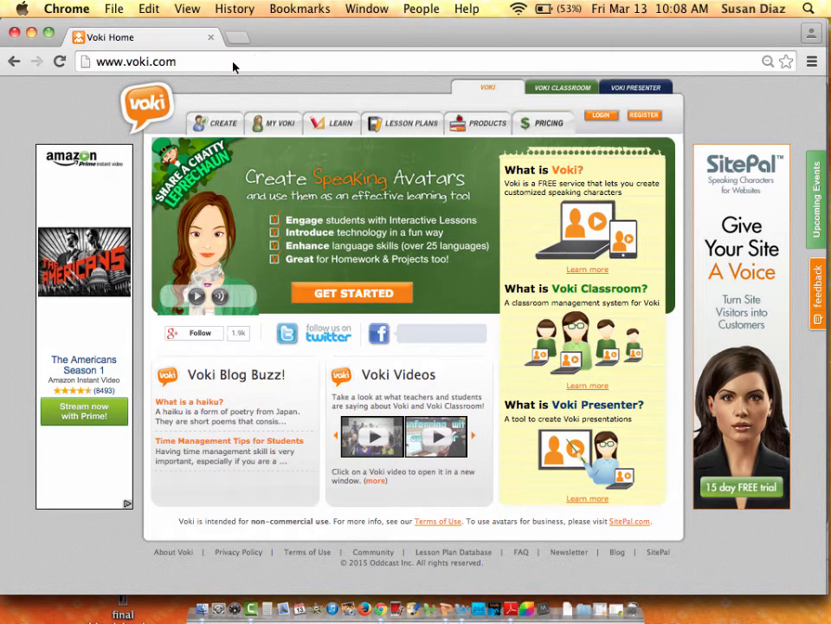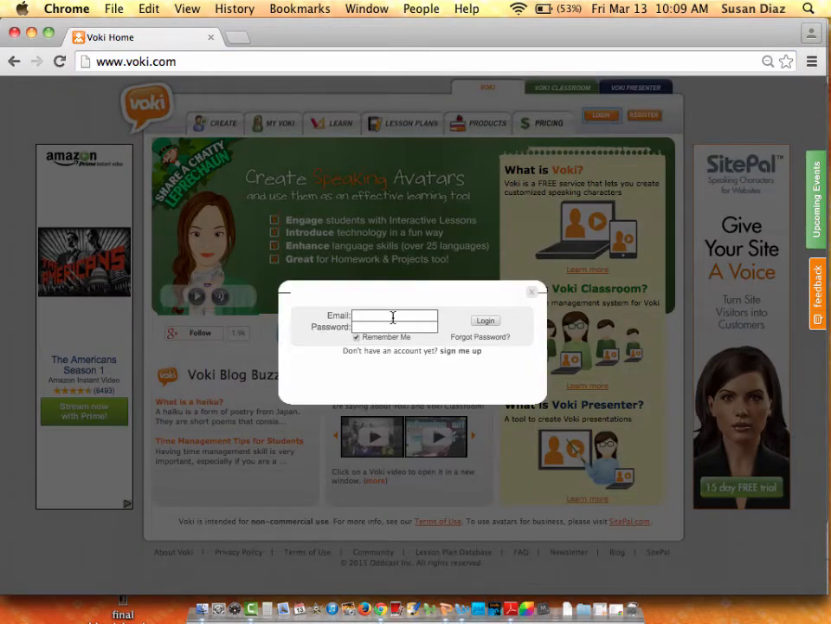Today we're going to be using Voki to create a speaking avatar to present your argument to the class. First things first, you have to open your internet browser and go to Voki.com. It's www.voki.com. Once you get there, you're going to log in and you're going to use the class account that I